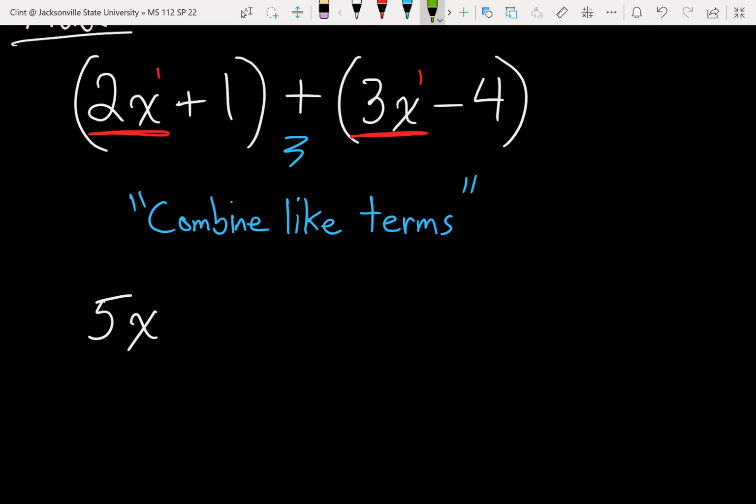And I've got two more like terms. I've got the plus 1 and the minus 4. They're like terms because they don't have a variable. The way we could talk about those is we could call them constant terms. So I want to combine those two. I've got a plus 1 plus -4. So 1 plus -4, or you can think about it as 1 minus 4. There we would end up with